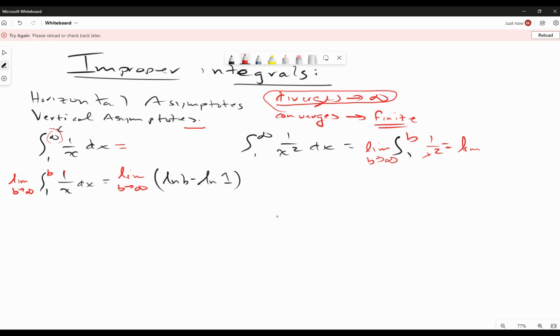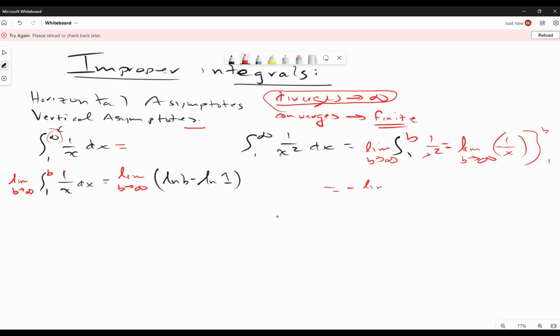This is going to be the limit as b approaches infinity of 1 over x, and there's a negative there, right? Because if I bring it up, I'm going to tackle that, and then that's going to be integrated from b to 1. So let's keep going with this, and we're going to say that the negative, I'm just going to move this negative out front. So let's say the negative